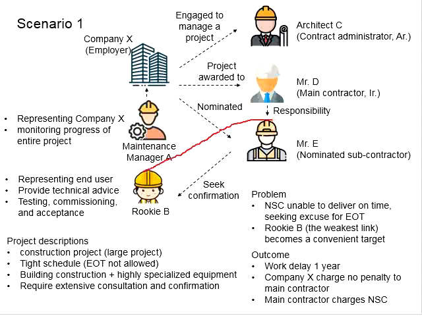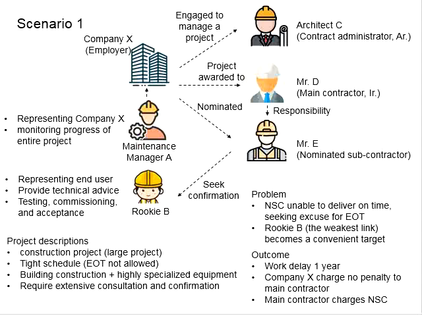And all the while, the communications between Mr. E and Rookie B are quite informal, mainly face-to-face meetings and verbal communications, without any written record. Therefore, in the progress meeting of the project, the NSC part has significantly delayed, and the excuse made by Mr. E is that Rookie B did not provide any confirmation for them to proceed with their work, when in fact Rookie B has done all his part,